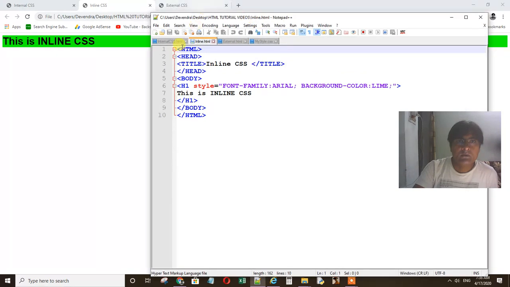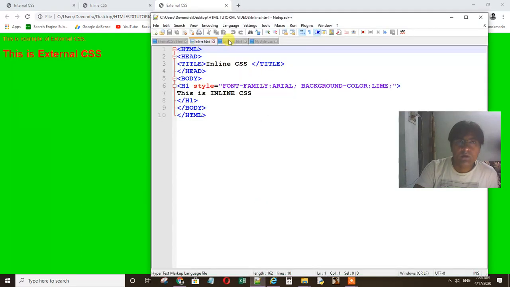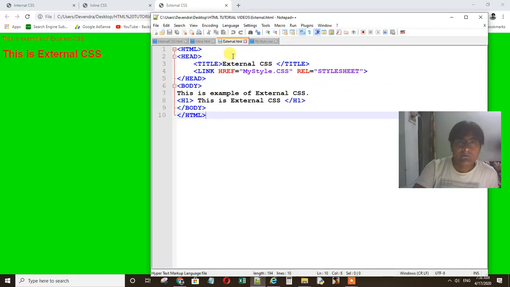And let's see the external CSS. This is the output of external CSS, and this is the coding. In the head tag, we have to use a link tag with the href attribute, and then we have to link this HTML file with a CSS file, a separate CSS file.